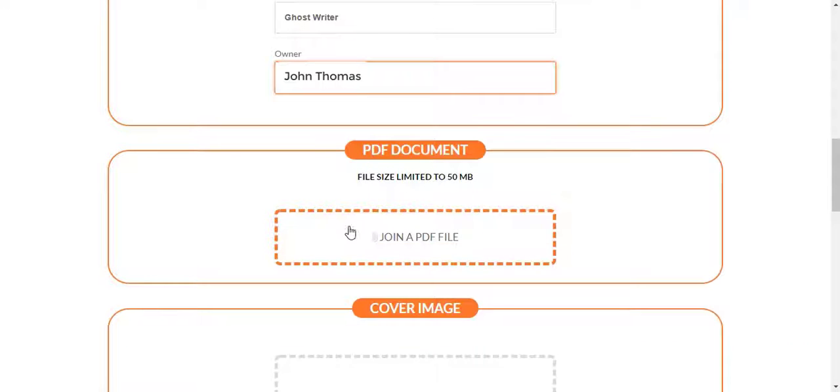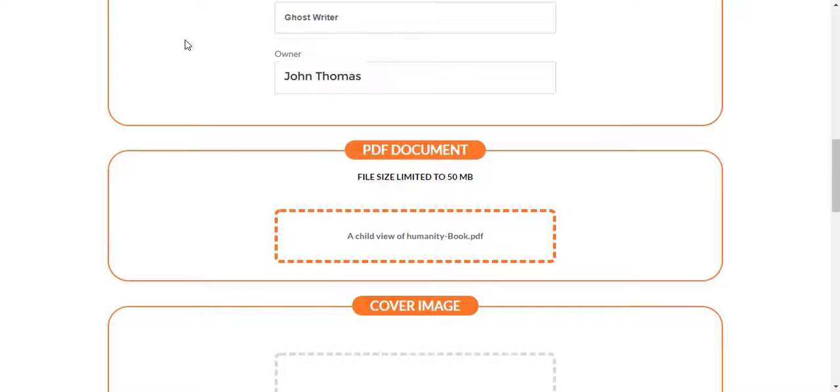Add your entire book, click on the Join a PDF file button and search your computer documents for your book in PDF format. It is important that your PDF book does not exceed 50 megabytes. To export your book in PDF format, either do it from Word by clicking on Save as, PDF format, or use a conversion site. Here is a free example,